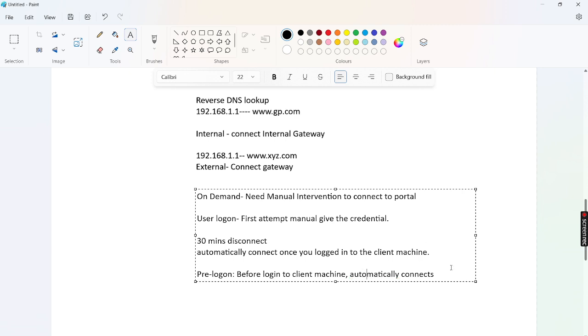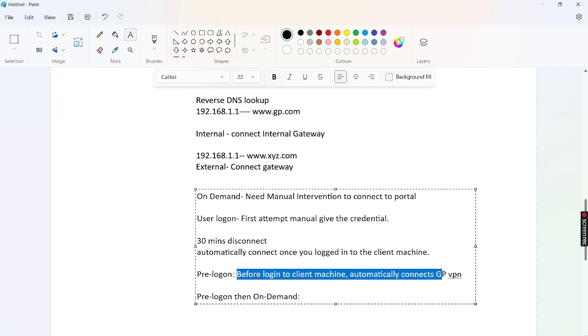It will automatically connect to the GP VPN. Okay, it is a global VPN. And the last one is pre-logon, then on demand. What it will do is, the pre-logon thing is the same thing. Before login, it will connect on the client machines,